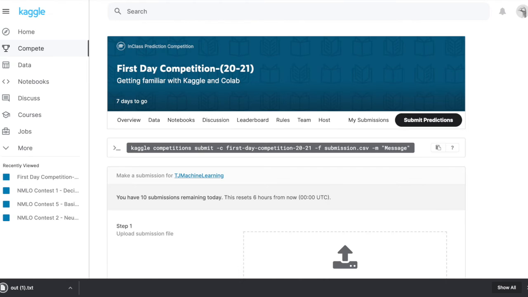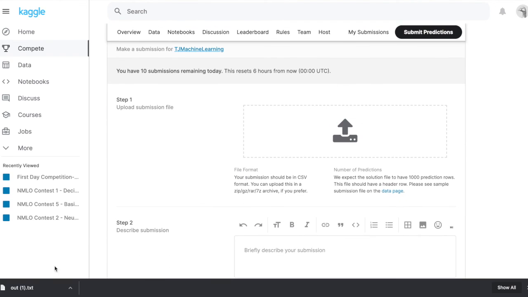and then go to Kaggle. Your screen will look a little different because I am currently logged in as the host of the competition, so you won't have this host tab here, but you can just say submit predictions. Oh, I'm already there, and then